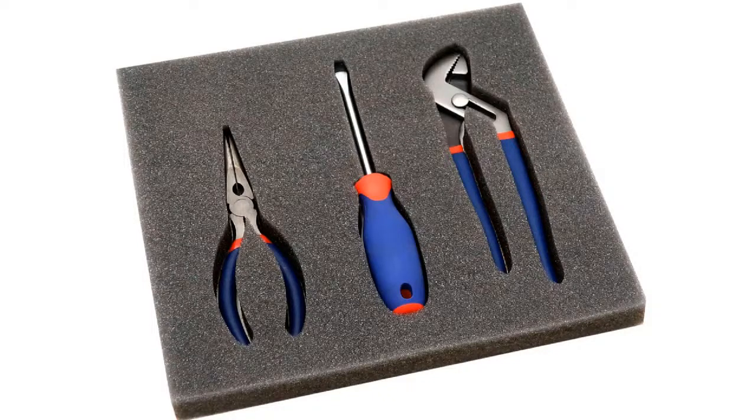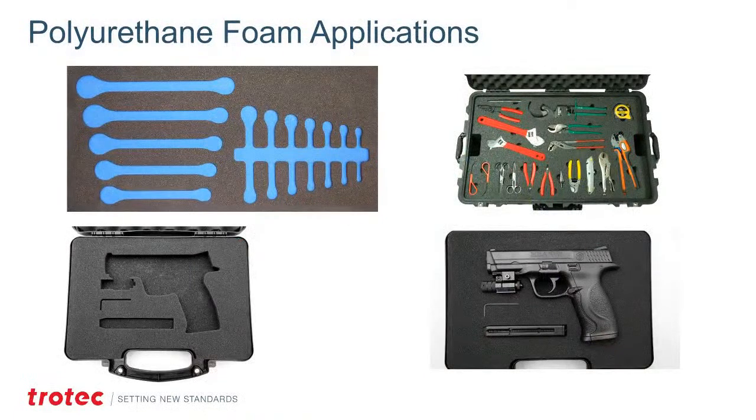I trace around it to create the tool outline. Once the tool outline is done, it can then be arranged to create a toolbox outline. But you can do all kinds of different applications. Toolboxes, gun boxes, and product displays are a very, very popular application for this material, especially using, say, two-tone, where you